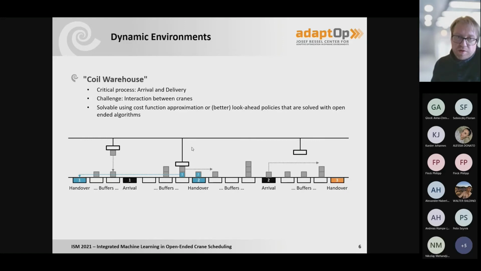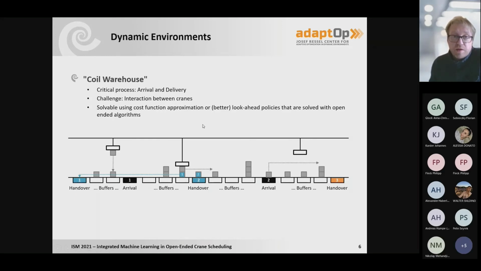So we have more cranes and interaction between cranes. Actually, that's the main challenge here, to consider the interaction between the cranes. This warehouse environment is currently under research, and we are seeing that with some kind of look-ahead policies, as Johannes has described, taking a genetic algorithm, taking a look-ahead policy and solving this with respect to a certain planning horizon, then implementing the next decisions, is a good way to solve these environments, at least from the